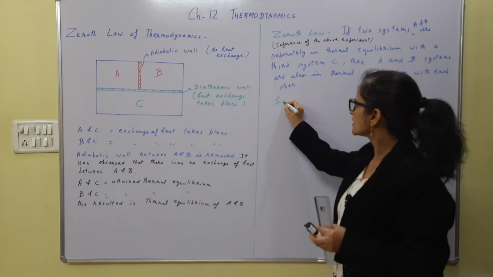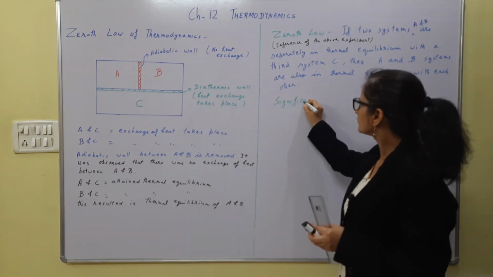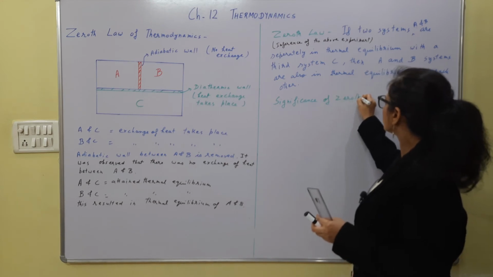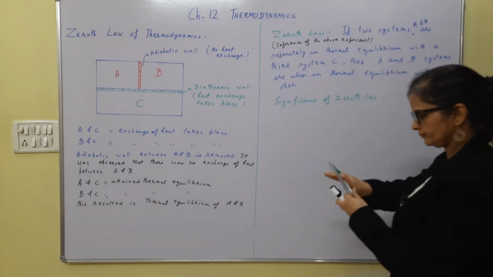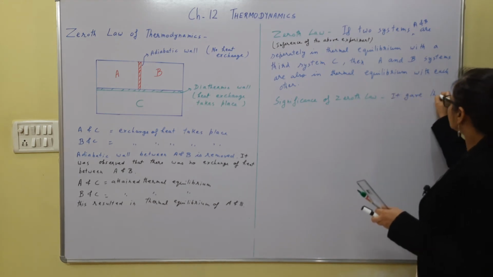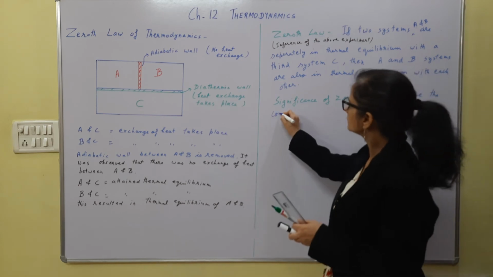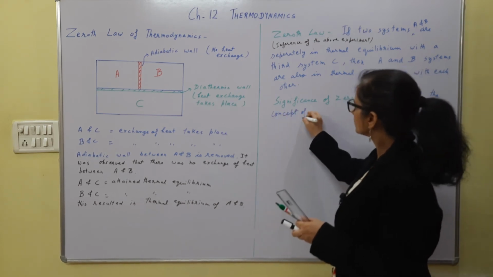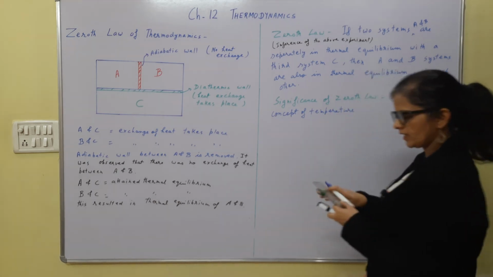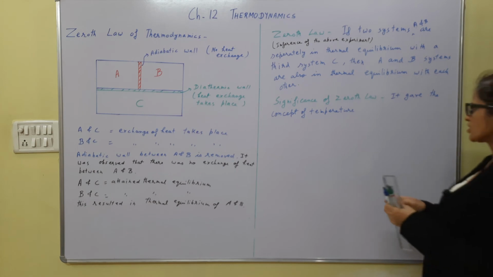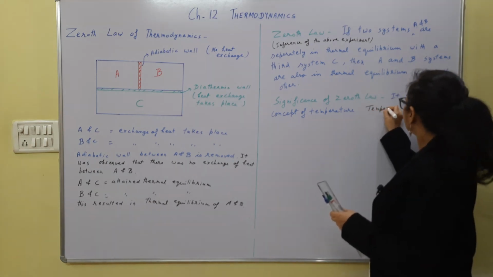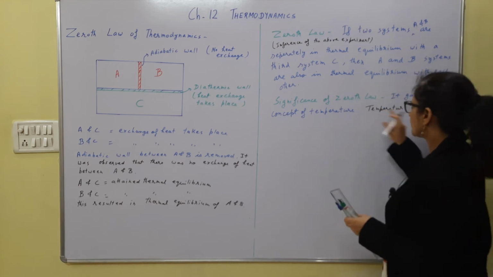So its significance is it gave the concept of temperature. Okay, temperature is that physical quantity which remains the same for the systems in thermal equilibrium. So on the basis of this, temperature can be defined as